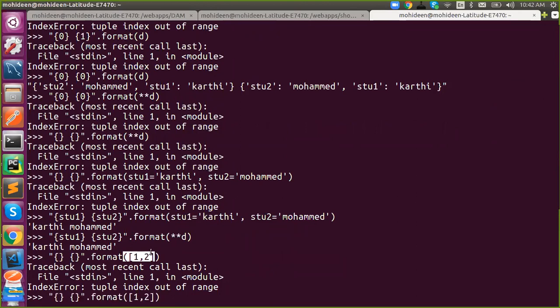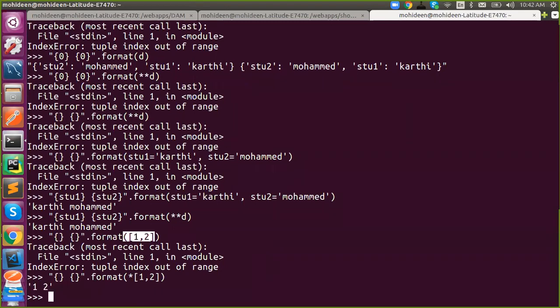Now, like a dictionary, we have to unpack the list. We can still unpack your list. So here the syntax is single star. The data type which is index-based position requires a single star to unpack. For dictionary, we have to use double star to unpack. Now this will be unpacked, so in first place it will be replaced with 1, in second place it will be 2. Got it?